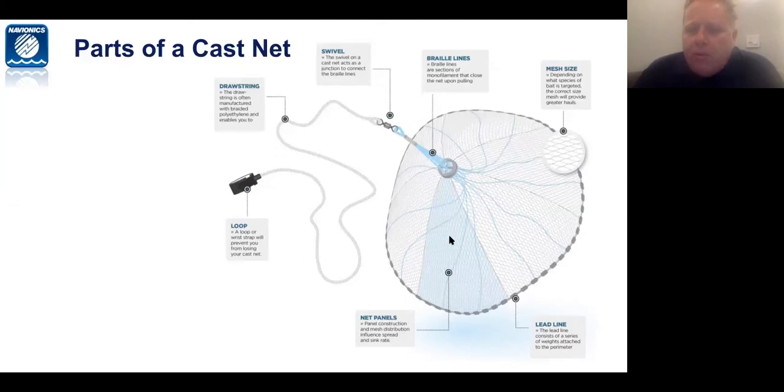Your panels, which I was talking about before: a 6-panel net is much better than a 1-panel, and those are usually sewn together. And then mesh size, we're going to talk about in one of the next screens. The mesh size depends on what type of bait you're going after. Unfortunately, one mesh size doesn't do it all, okay? So if you're going to be a multi-species fisherman and try to catch different types of bait, you're going to